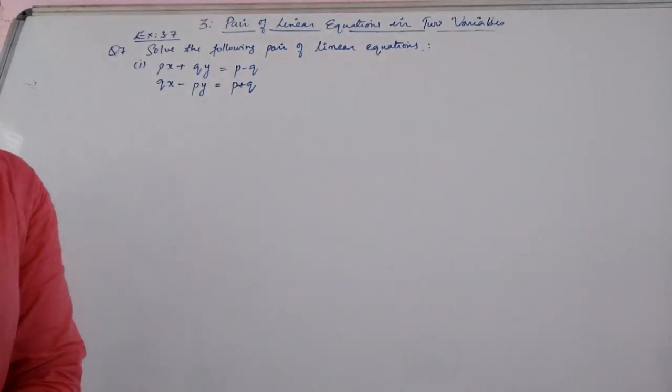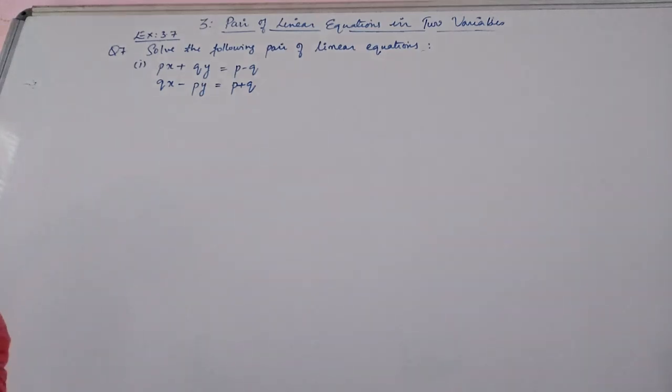Everyone. Today we are discussing the remaining problems of exercise 3.7. Question number 7 is: solve the following pair of linear equations. First subdivision, px plus qy is equal to p minus q and qx minus py is equal to p plus